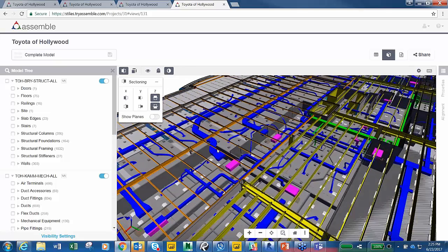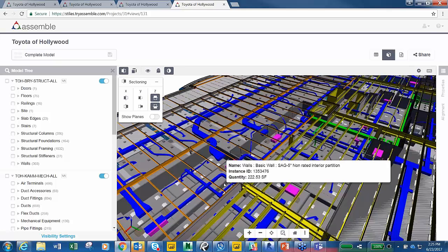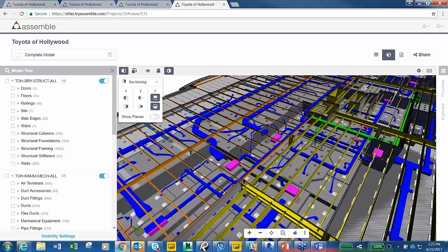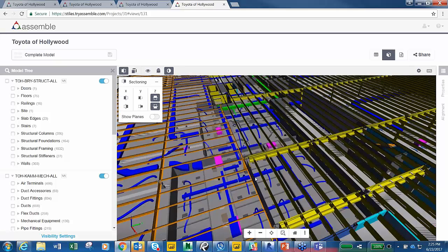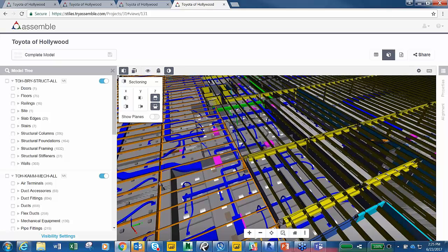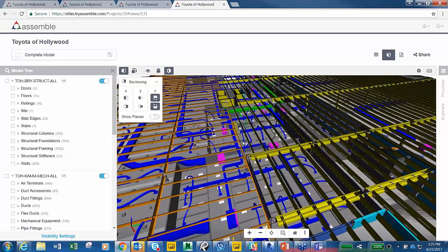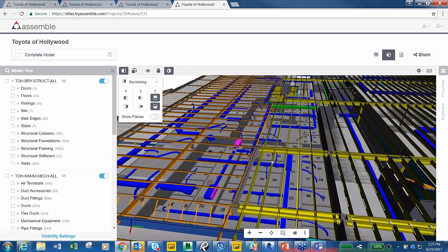Now, this probably doesn't have as big an implication at Takeoff right away, but being a Procore user, we also have the Assemble integration built into our Procore system. What's really great about that for us is now we're going to start publishing our models with our fully coordinated model to Assemble, and then we can view that right within Procore. Our users never have to leave Procore. They can actually do a model view, cut sections, and find all the information they need by level. Also be able to turn things on and off